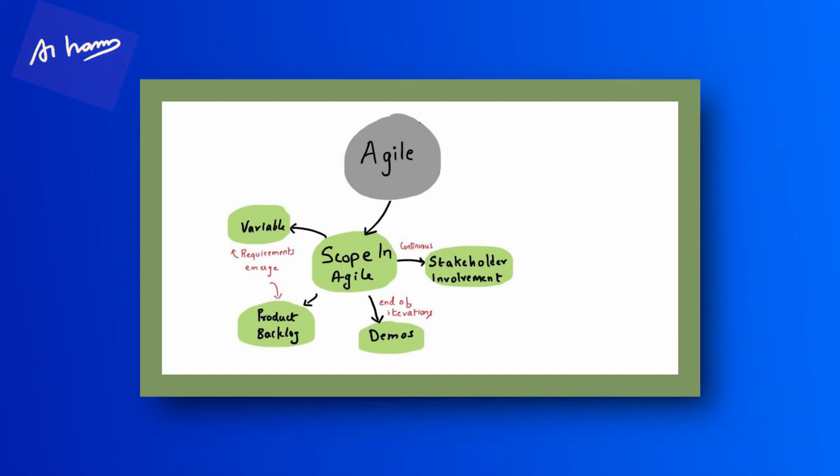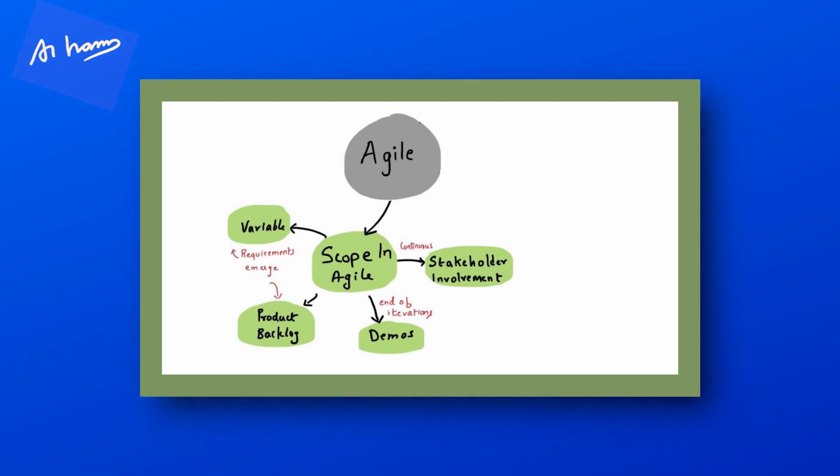Okay. Then after that, the product backlog. Product backlog is what is maintained in the scope. So the product backlog is also emergent. Okay. And then after that, the stakeholder involvement on this scope to be delivered is continuous in Agile, unlike in traditional where it's high in the beginning and towards the end very little. Okay. So that's about scope in Agile.